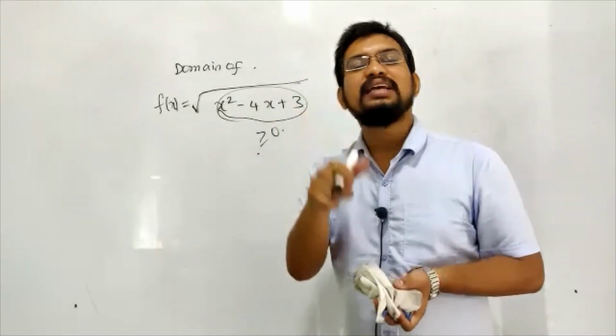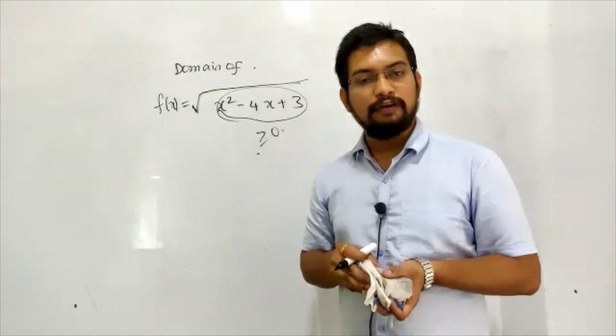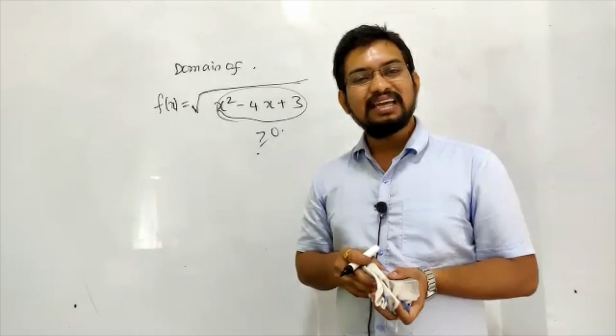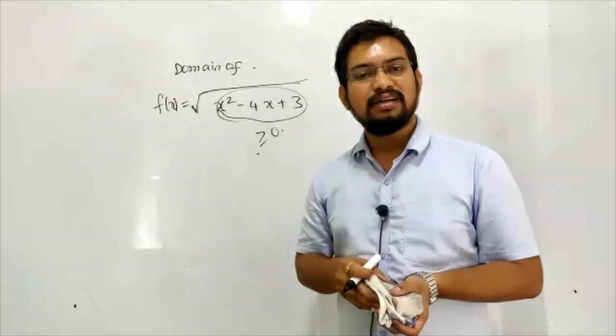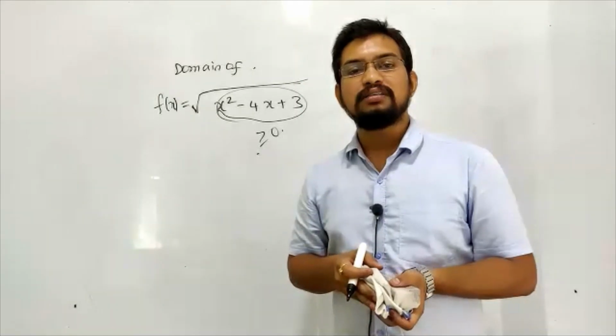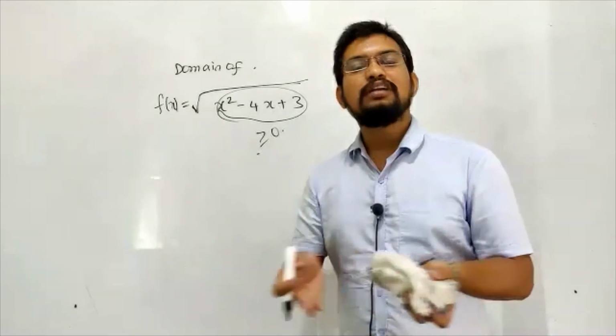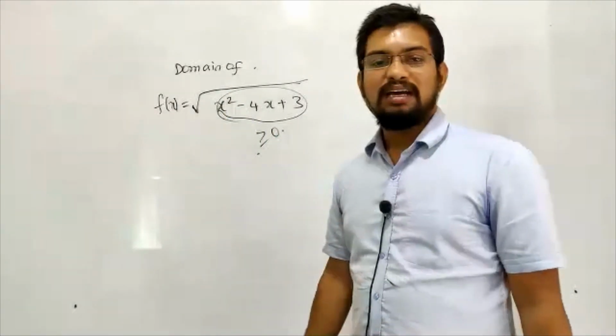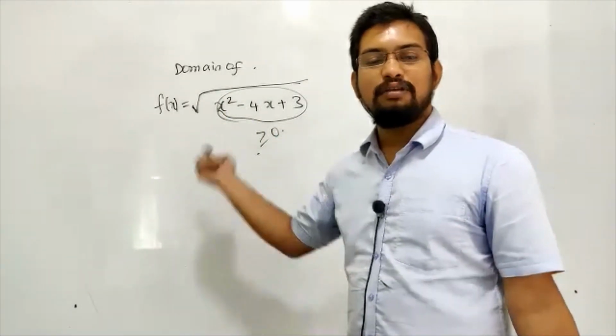And what set is giving you that corresponding value of x? Domain is giving you that corresponding value of x. And if you want to draw a graph, you need to know about the domain of that function. To know about the graph, you need to know about the domain first. So first let's try to apply common sense here. Remaining everything will be the wavy curve, which you learned already.